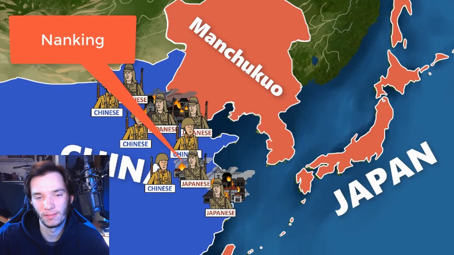Estimates for the number of casualties ranges from 50,000 to 300,000. The massacre is possibly the defining event in the Second Sino-